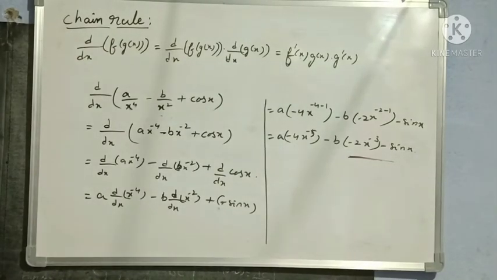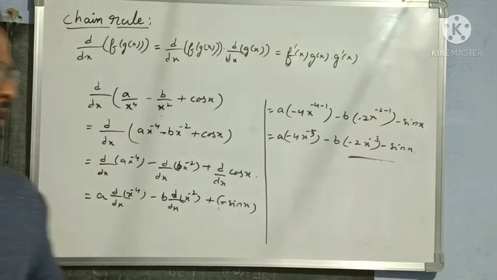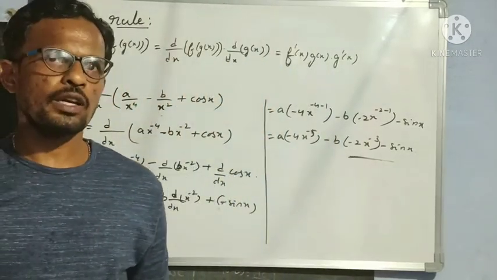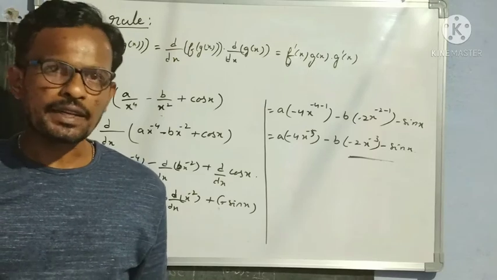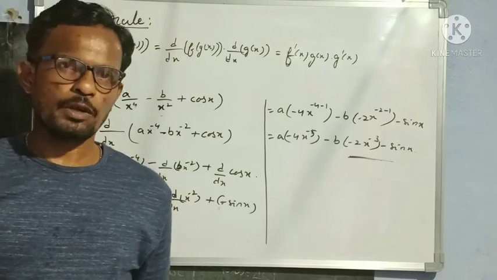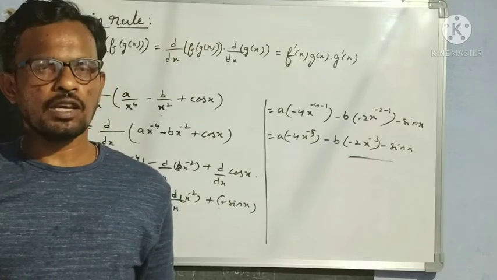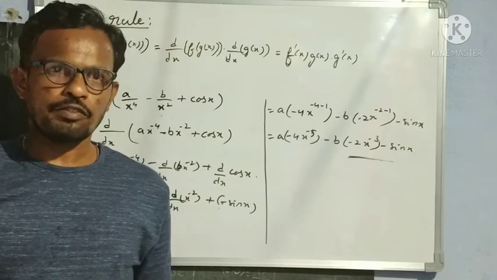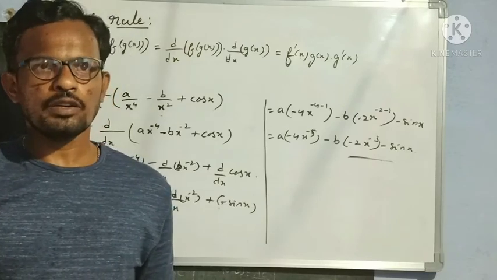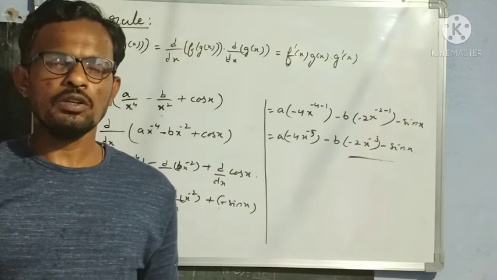So students, today we have discussed how to find the slope of a line, slope of a tangent to a curve at a particular point, I mean differentiation of a curve with respect to a particular point, and also we have discussed algebra of differentiation. In algebra of differentiation, very, very important rules, that is product rule, quotient rule and chain rule.